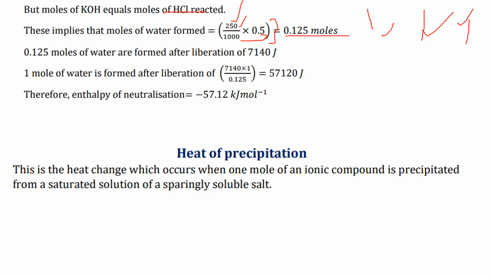So I'm going to say that because they're going to have the same moles, 0.125 moles of water were formed after liberation of the heat that we calculated. Then what about 1 mole? Since enthalpy of neutralization is always given per 1 mole, it's going to be this divided by these moles, then times 1, which is here. And you're going to end up with an enthalpy of